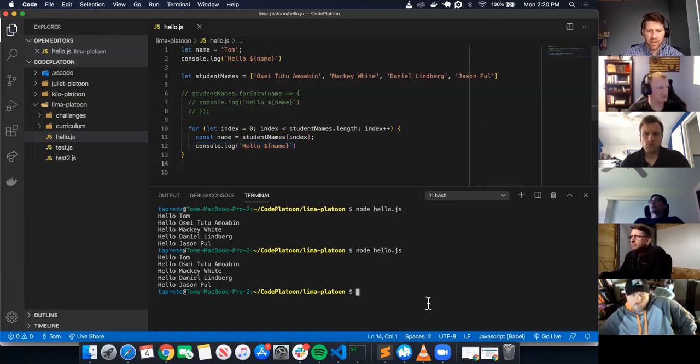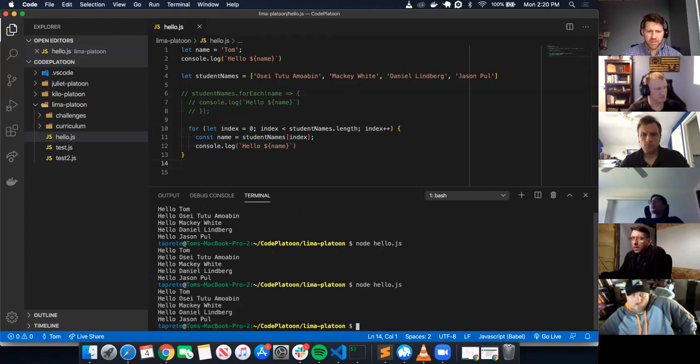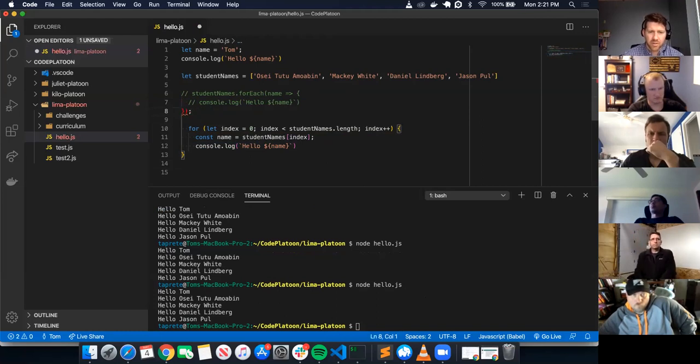There. Now I can run node hello.js, same thing. So what I did was copy the console log. Uh-oh, something's not balanced. What is it? Oh, there we go. In order for me to copy or cut something, for example, if I wanted to